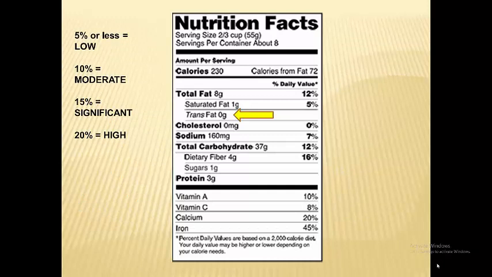So you learned, as you look at the label, there's no percent on the trans fat line. It can't have a percent of 0, right? We want none. The DRI doesn't exist because we want none. So we should see 0 grams there. If we see a number there indicating anything more than 0, that's not something good.